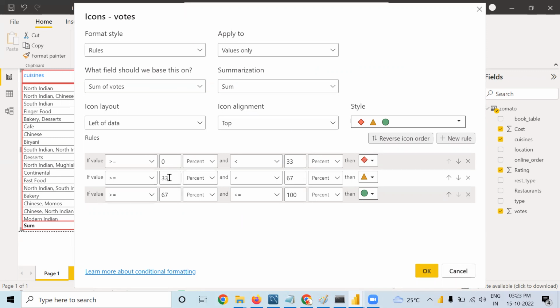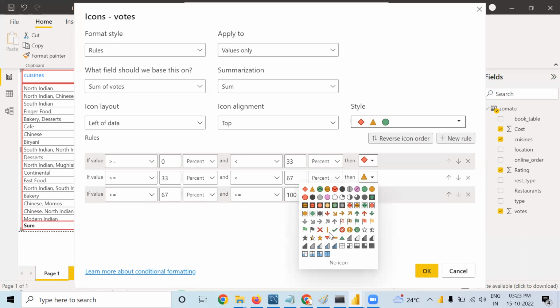Okay, and if that particular cell value is from 33% to 67%, then it is shown by a yellow triangle. Okay, and if it is from 67 to 100% of the total value, then it will be shown by a green triangle. That means the highest value is shown by a green triangle, the lowest one with the red rhombus, and the middle one with the yellow triangle. Okay,